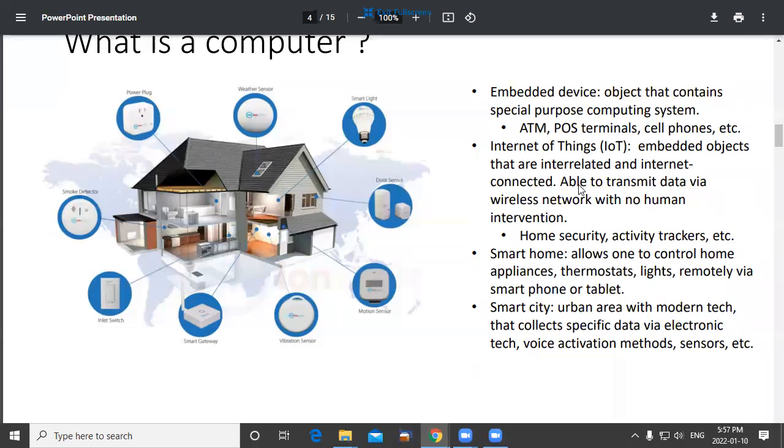We could have computers that are connected to our air conditioning systems, and then maybe connected to our Wi-Fi. So you could be sitting in your office and say, well, I'm going home in half an hour. The house has been hot because I've been trying to save money. I don't want to run the air conditioner during the day because air conditioners use a lot of electricity. So half an hour before I come home, I'll start the air conditioner by my mobile phone. Here's my app. I'll start the air conditioner. Get home, it's nice and cool, but I haven't wasted a lot of electricity all day cooling down my house.